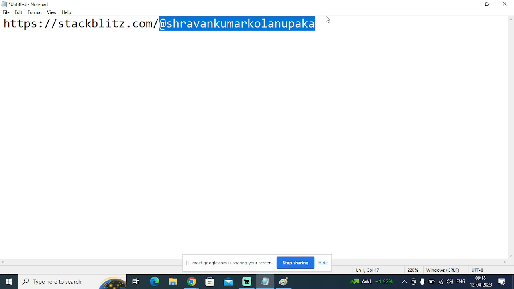You can log into Starkbridge using GitHub. If you have a GitHub account, using that you can log into Starkbridge. Once you log in, if you create a project, it will maintain your profile. Okay, that is the second use. And the third usage is